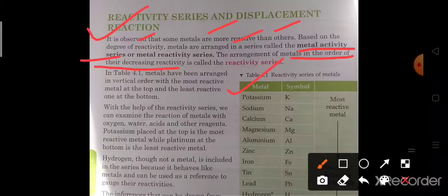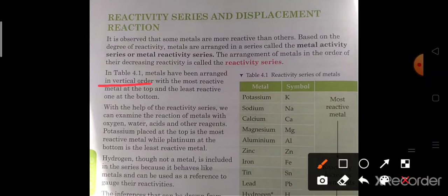Okay, so in table 4.1, the metal activity series is shown in vertical order, where the most reactive is at the top and the least reactive is at the bottom. With the help of the reactivity series we can examine the reaction of metals with oxygen, water, acid